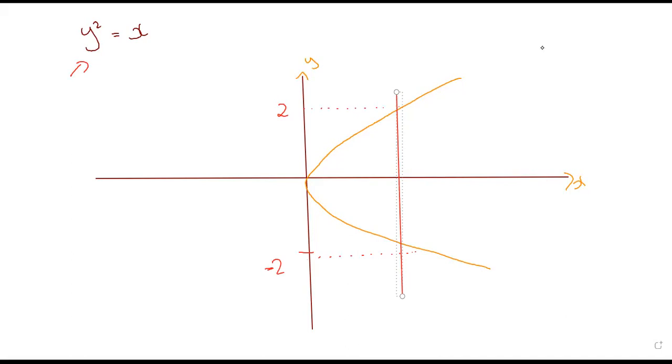Okay, think about it this way. For two different y's, I am getting the same value of x, and this is not satisfying the definition of our